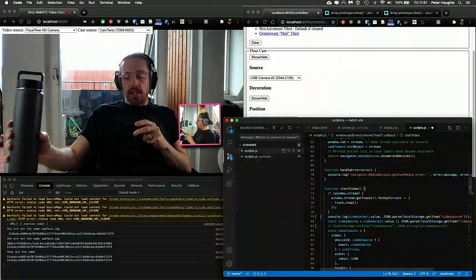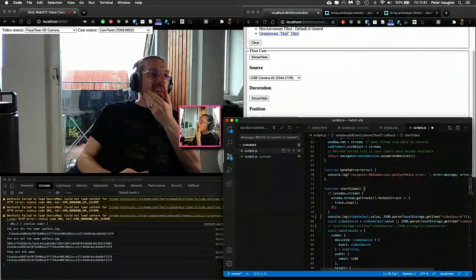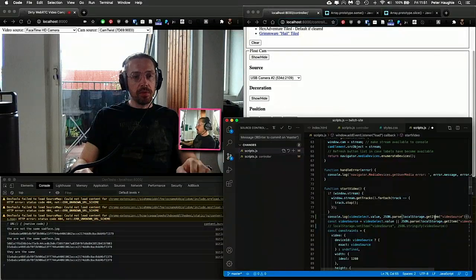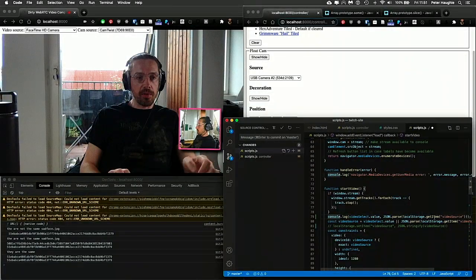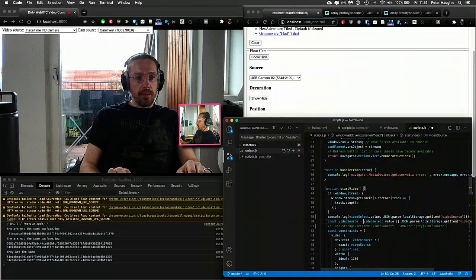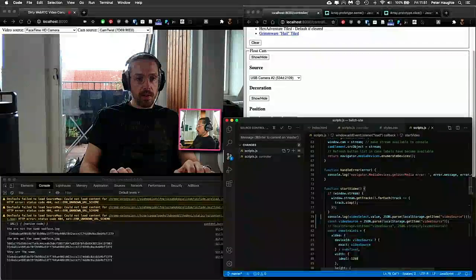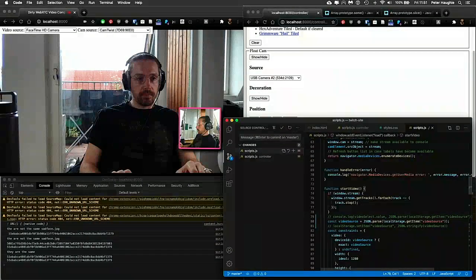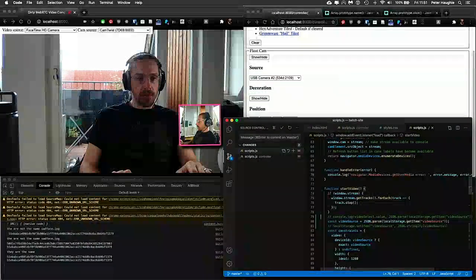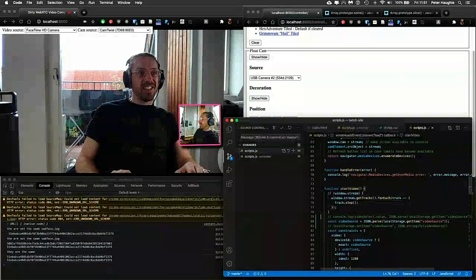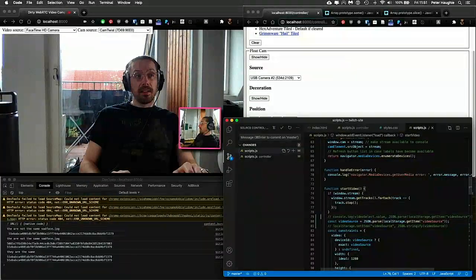So let's see. It feels wrong, but let's give it a go. So we don't want to be able to do stuff on select here anyway. So I'm just going to do that and that. So that means that it'll either be blank or it will load